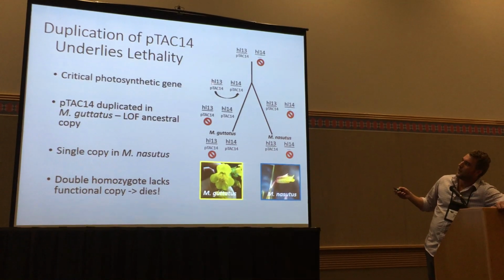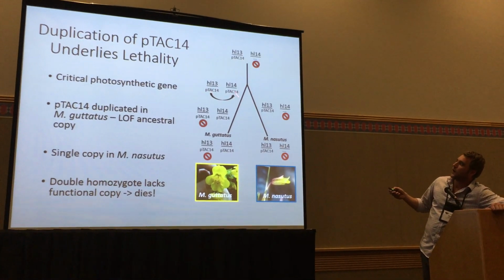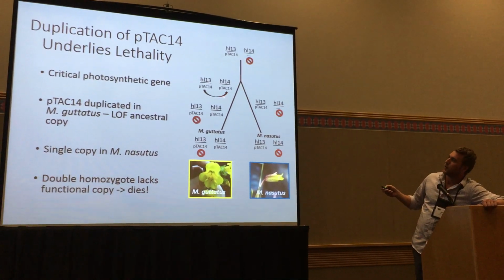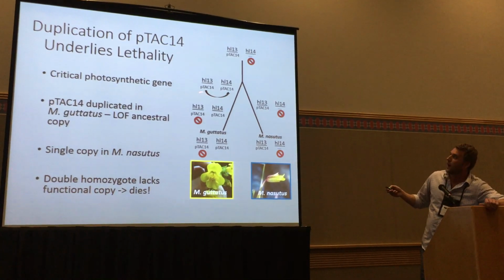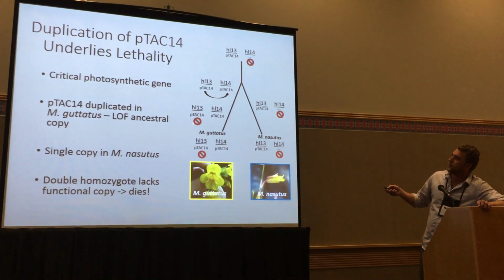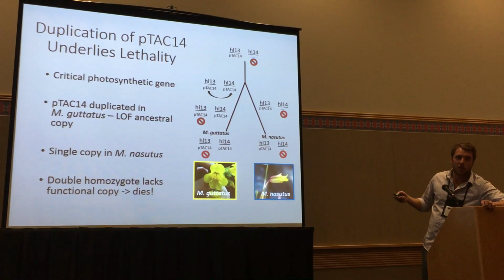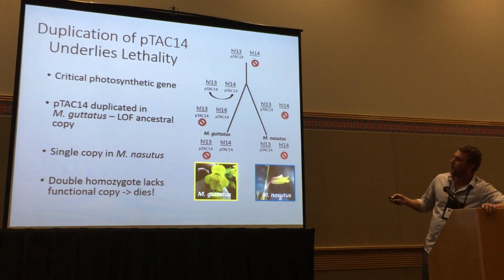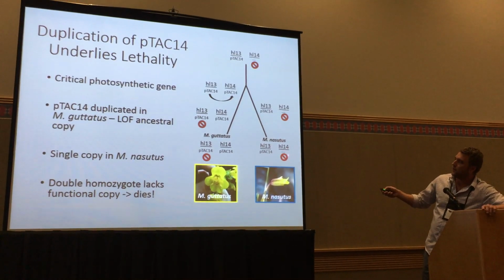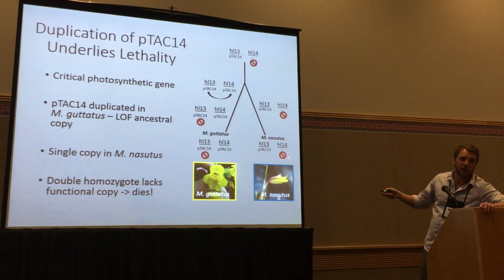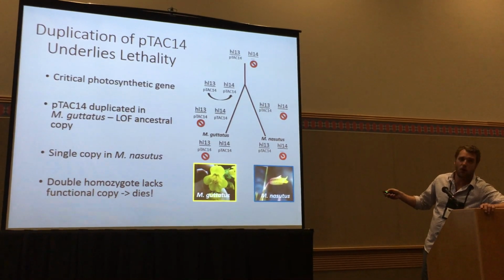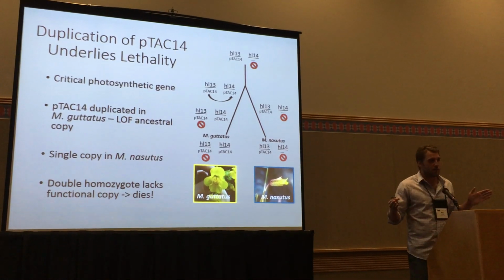In the guttatus lineage, this gene transposed to 14, so now you have two copies, probably relaxing selection on one of them. This copy acquired a premature stop codon and doesn't make any transcripts at all, so you're left with a bad copy here. Nothing changed in nasutus, so you just have no copy here. If you're homozygous in the F2 for the bad copy and no copy, you don't have this critical photosynthetic gene